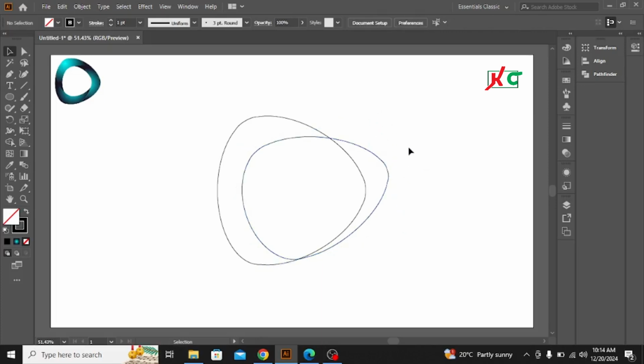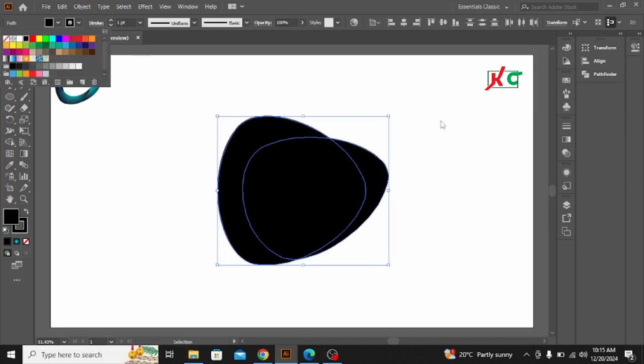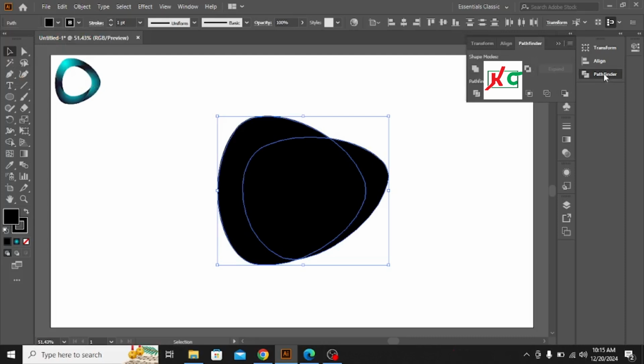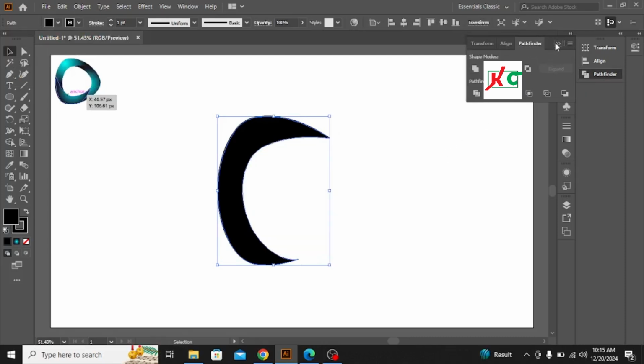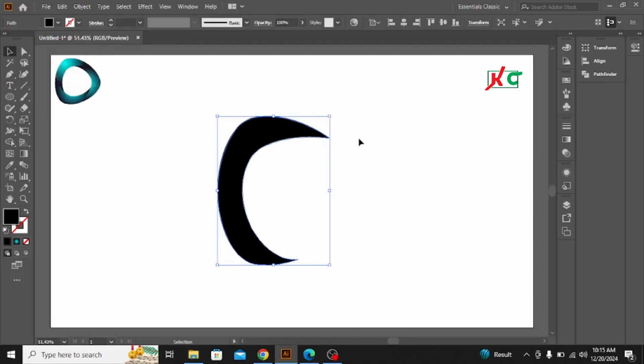Yes, it's magic. So select all the things again and change the color to black. Then I go again to the Pathfinder and go to the plus to minus. You see, it's magic. Then I go over here and stop the stroke color. It will be better. So okay, now go to